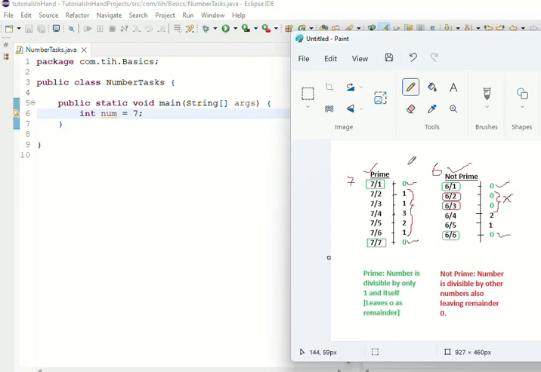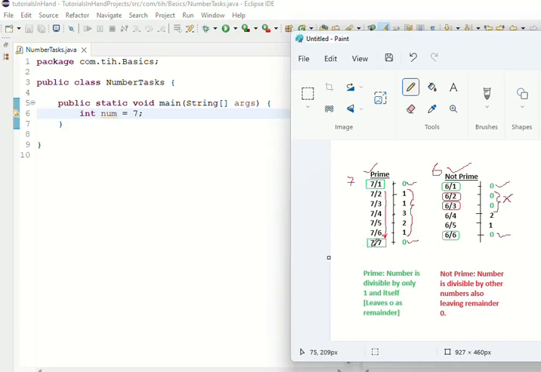So our logic for the Java program becomes very simple: any number which is divisible by a number between 2 and itself. For example, if we have 8, then we will check from 2 till 7. If we have 19, then we will check from 2 till 18. And if we get any number dividing that particular number and leaving remainder 0, it will not be prime. And if the numbers from 2 to 1 less than that number leave a positive remainder, that means it is not 0, it is prime,